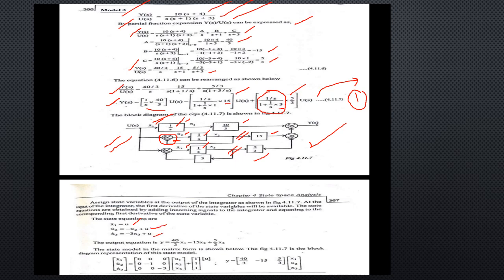Similarly the x3 dot equation. x3 dot is nothing but the output of the second adder. Let this adder be the second adder. The output of the second adder is x3 dot, which is equal to the sum of two incoming signals. One signal is the input u of s, another incoming signal is minus 3x3. So x3 dot will become minus 3x3 plus u. Thus we have the first derivatives of all state variables. Arrange them in matrix form, then we will get the state equation.